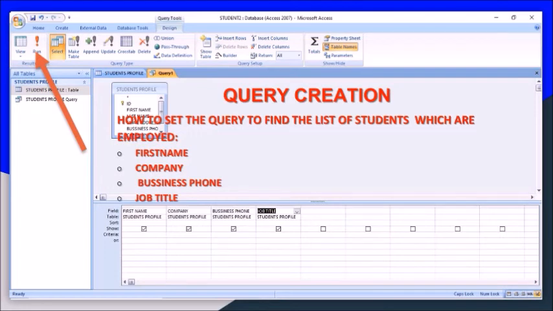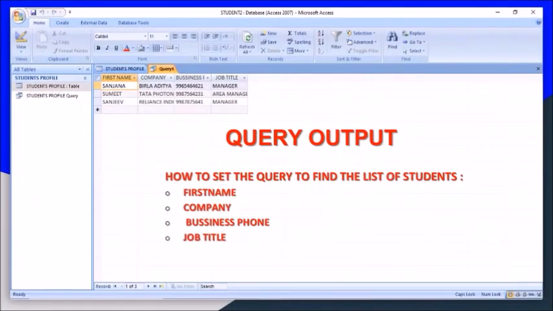The table name is same because we are finding out only from this one table, and this arrow mark shows that we have to click on run, which is the red exclamation mark, for running the query to get the output of the query. So this is the output of the query. When we click on run, the output is in this way. It is showing first name, company, business phone and job title from student profile.